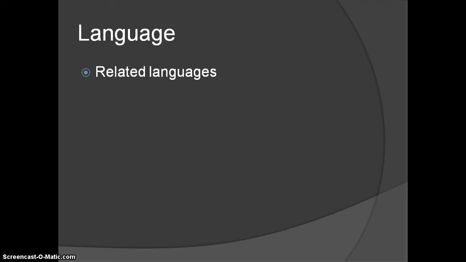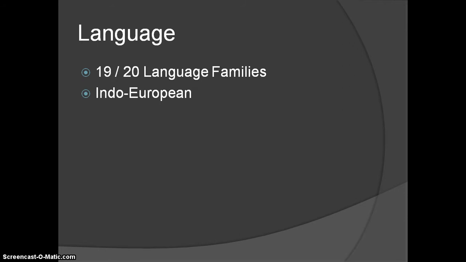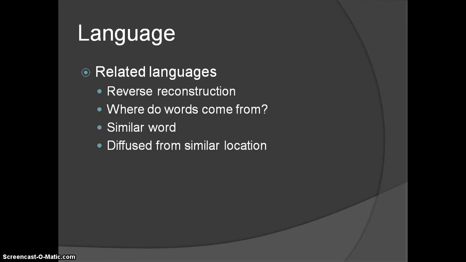Now, when we look at languages and we want to try to find out if languages are related to each other, it's kind of interesting. You can do what's called reverse reconstruction, and basically what we do with reverse reconstruction is we look specifically at where words come from, and if we find two languages that have a similar word with a similar meaning, we can assume that they diffused from a similar location. So even if you have two separate languages, but if they have words that seem similar and also represent a similar idea, you can assume that they diffused from a similar location. So this is what's called